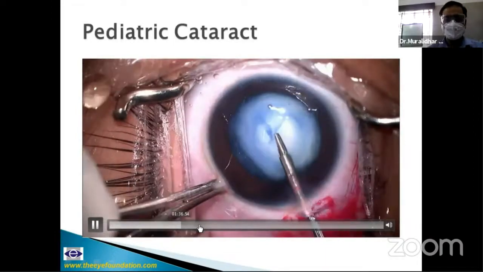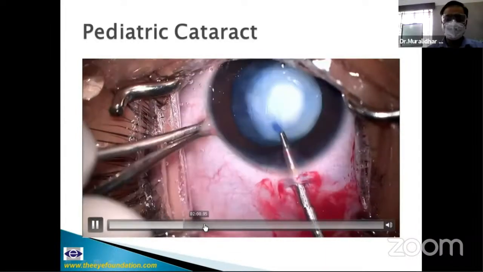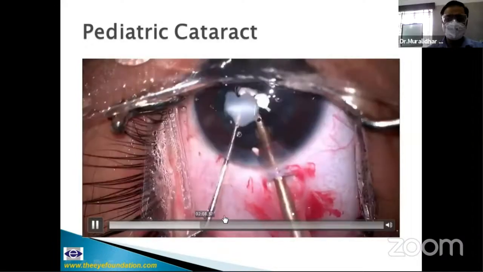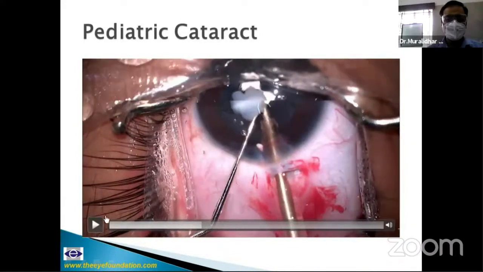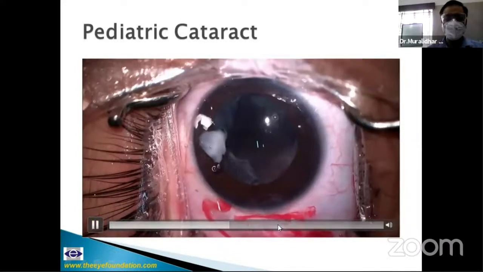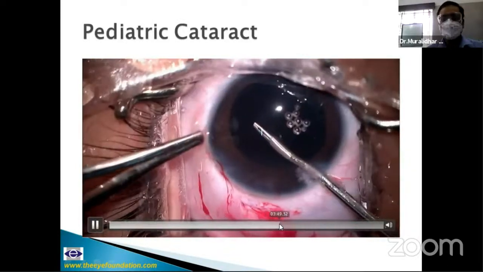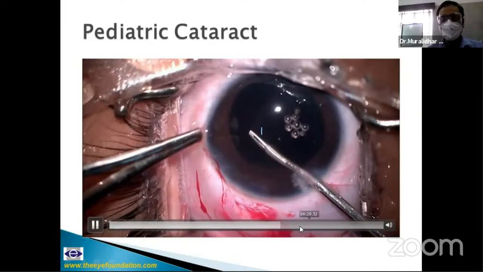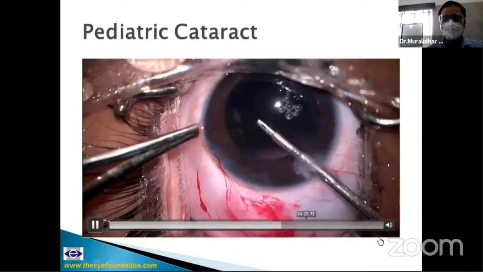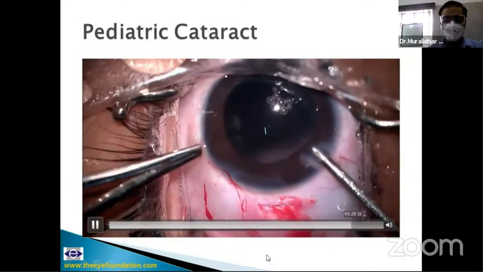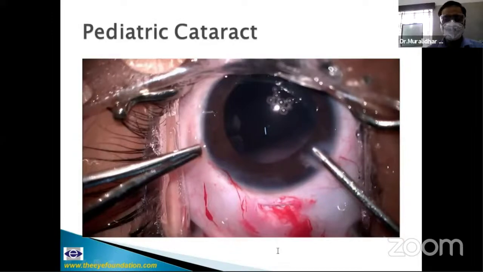That having been done, the cataract is very soft and easily comes out with an IA probe. The choice of lens is a hydrophobic acrylic in these patients. And we need to do a PPC in young children, an anterior vitrectomy, and the IOL implantation. So I'll just wind up here and stop sharing because my time is up. If there are any questions, I'd be happy to take them.